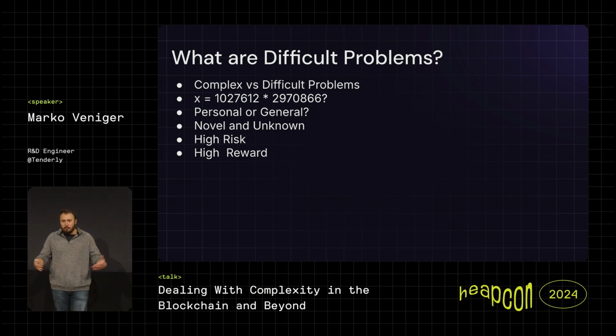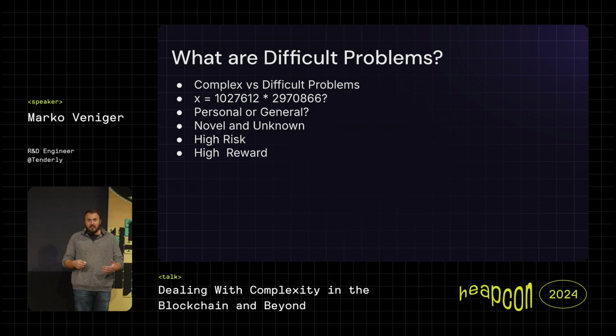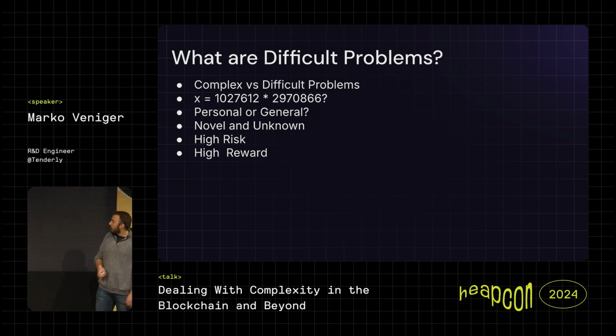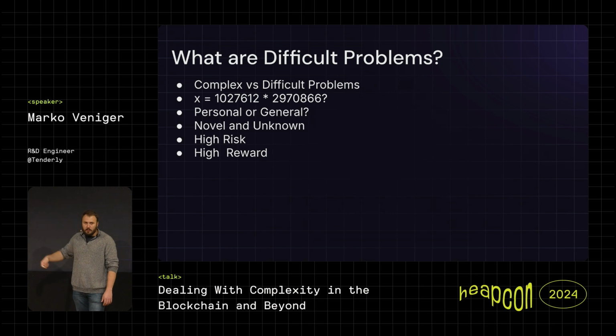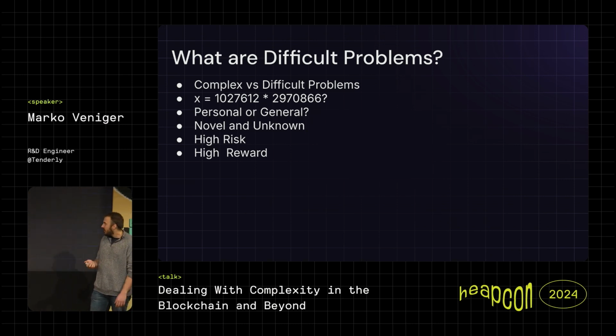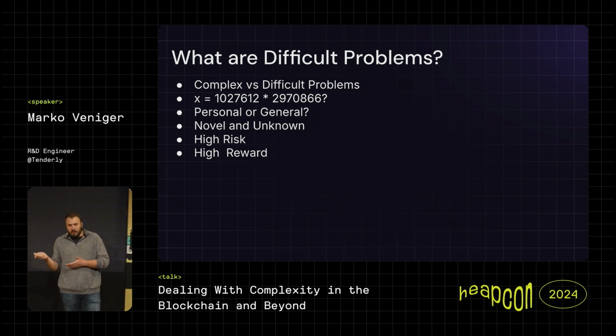Complex ones are made up of different smaller entities or problems or parts, whatever. And difficult ones are the ones you can't solve, or can't solve yet. So most difficult problems nowadays are high risk, because if you try investing in a difficult problem that hasn't been solved, and when I say difficult problem, I mean generally difficult for all of the people involved, it's a pretty high risk for your time investment, for your money investment. Are you putting in resources in solving that? You may end up going nowhere, but also it's a high reward problem.